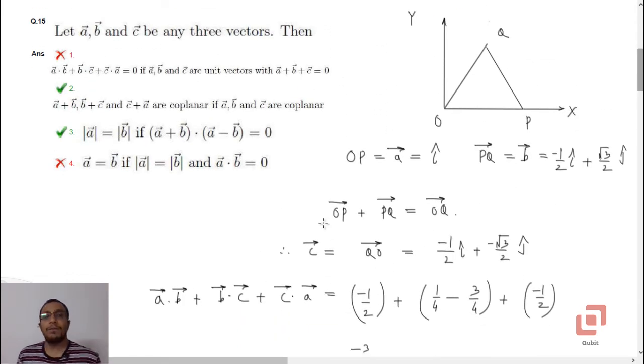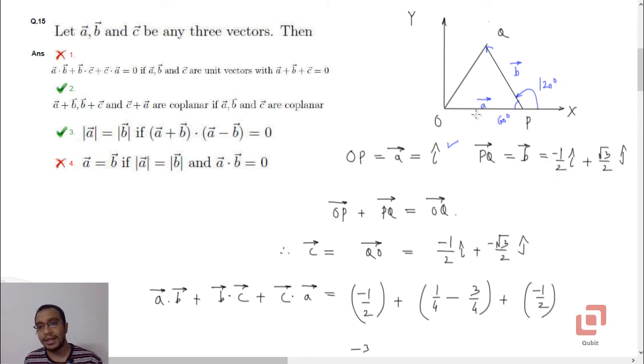All right, now what we are going to do is assign i cap to a bar, and we are going to call that vector OP bar. So this is our a bar. The vector PQ bar is b bar, and I have considered this as an equilateral triangle, so it's not difficult to see that PQ bar, which is a vector along this line, will have components -1/2 and √3/2. Because this is 120, this will be 60, so you can very easily determine the components. Remember PQ bar is a unit vector.